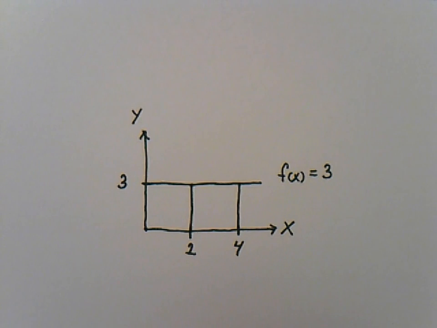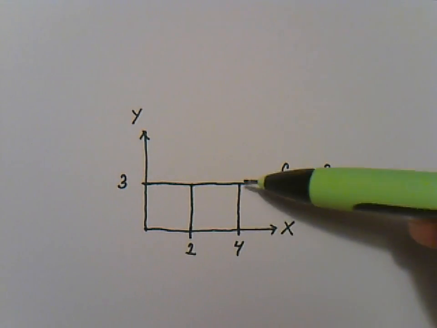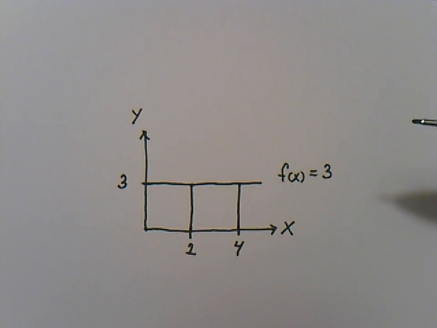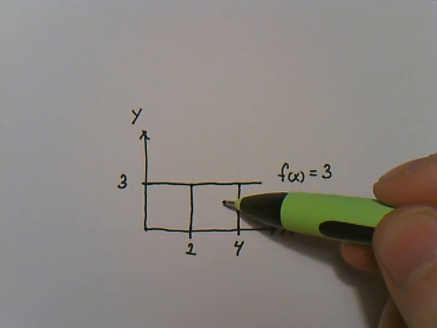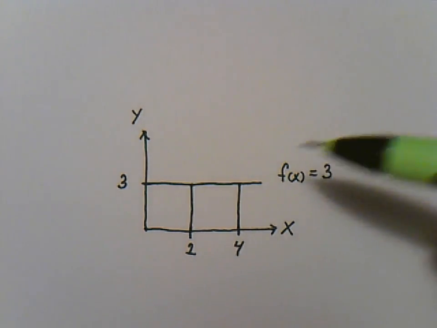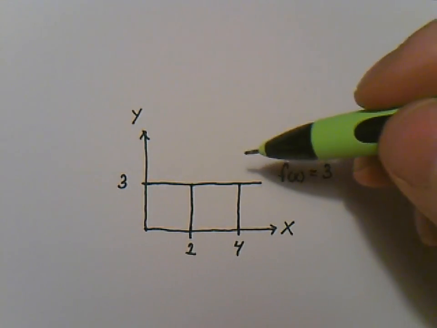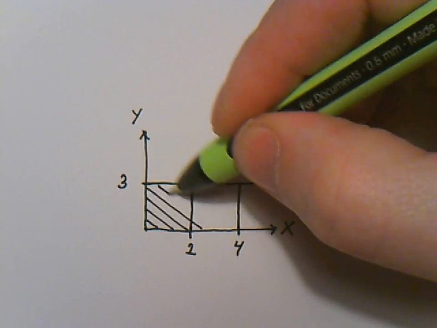And we can think about this as 2 areas. You have a big area that is from 0 to 4, and you have a small area that is from 0 to 2. And to get this area that we want, you can take the big area and subtract the small area. So we want to calculate this area,